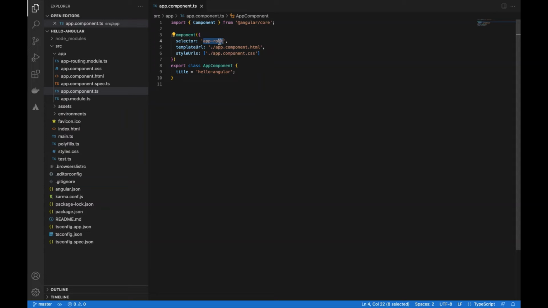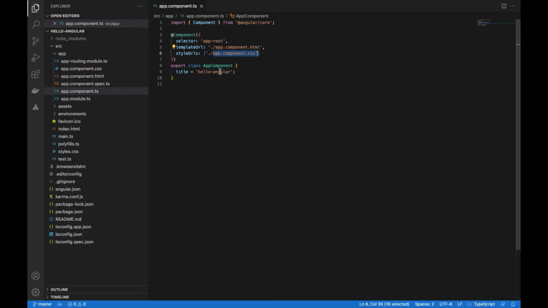We would use the selector to find it, and then the template URL will be the HTML code, which is the front end that you will see being exposed via the browser, and that's where the front end code will sit. And then the styles, which is the custom styles to these